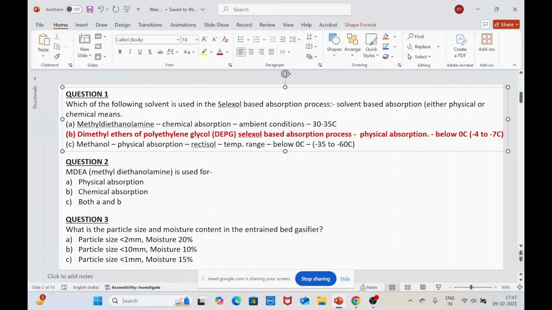So this is about the distinction in which the process actually happens, based on the mechanism of absorption and the temperature range at which it operates. Everything here is basically to concentrate both H2S as well as CO2, but one particular process concentrates both H2S and CO2 very efficiently. That is, the percentage of H2S and CO2 that gets absorbed through this solvent based process is 98.5 to 99 percent for both H2S as well as CO2. So which is that particular process which has such high absorption